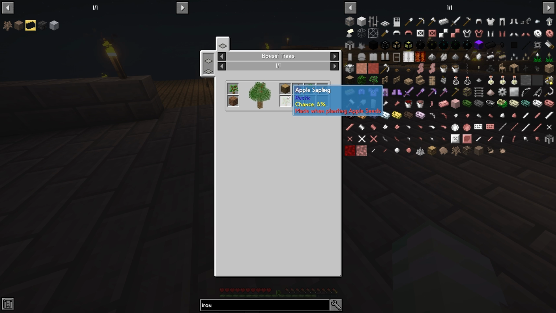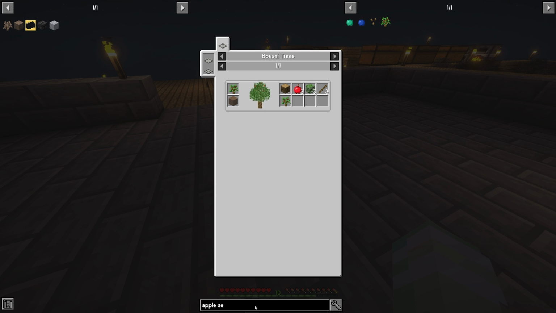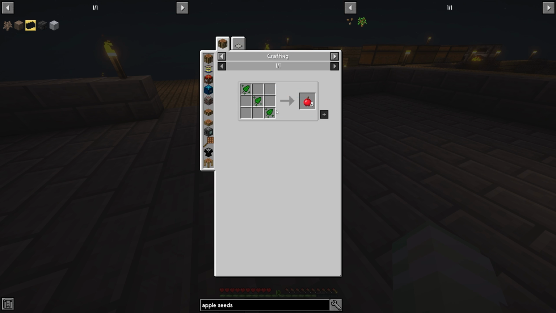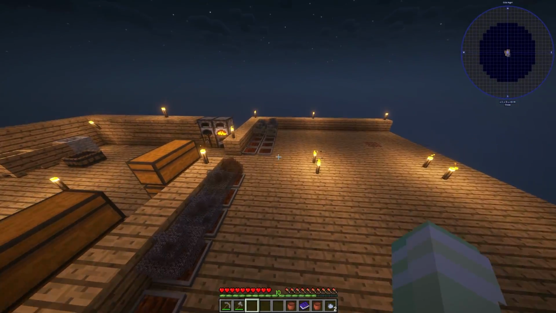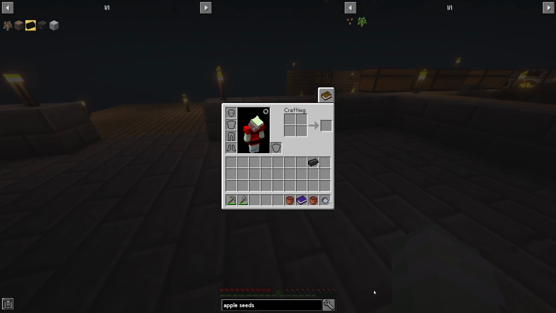How do you get an apple sapling? Made when planting apple seeds. How do we get apple seeds? By literally crushing apples. The best way I know how to get apples is we're gonna need... How do we make